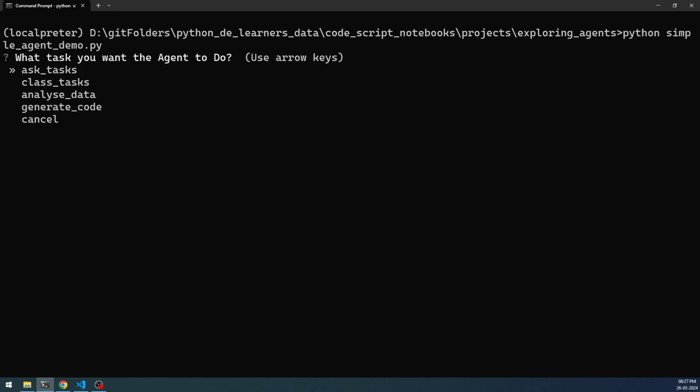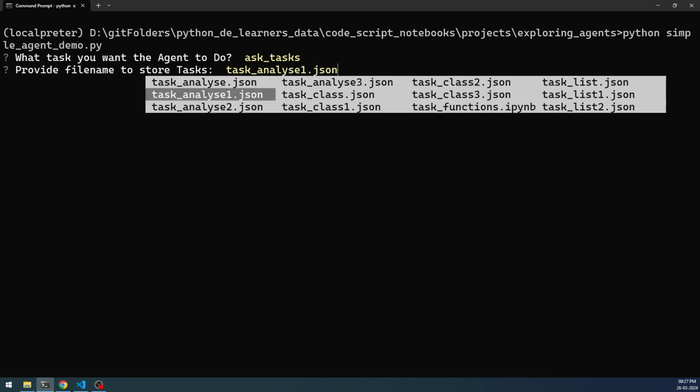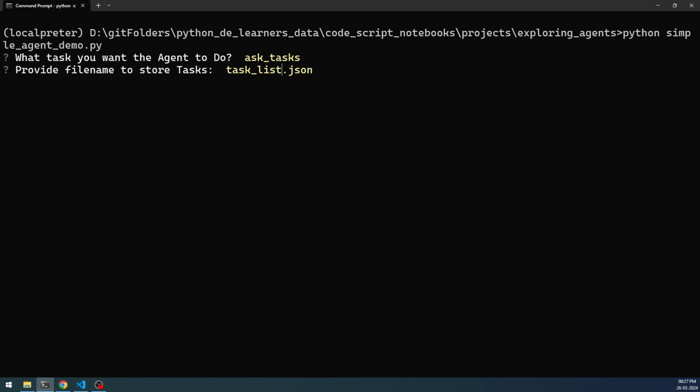So it starts with asking the task, and before I give the task that I want to complete, I need to give the file that it is going to use to save the tasks. So I'm going to use the task list JSON, but I'm going to say task is demo.json, because this is going to be with respect to the demo that I'm running right now. So provide the app type. I'm going to say it's Streamlit app,